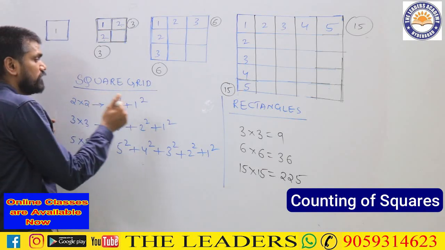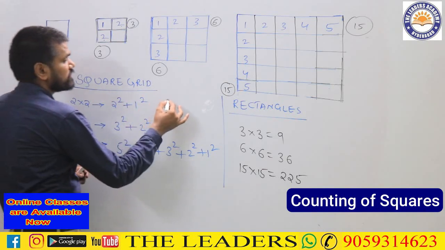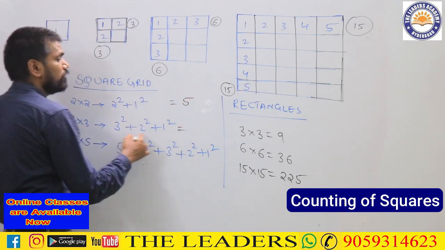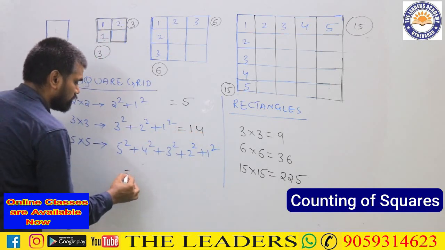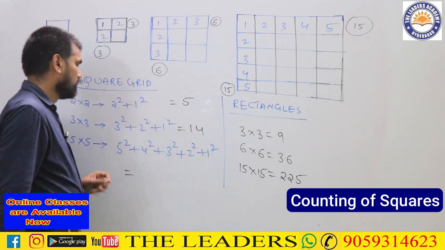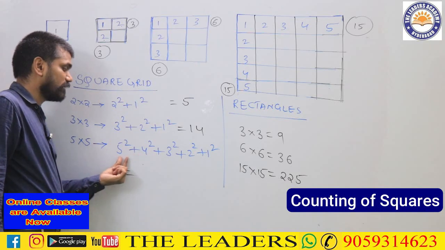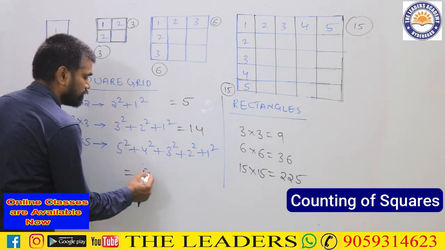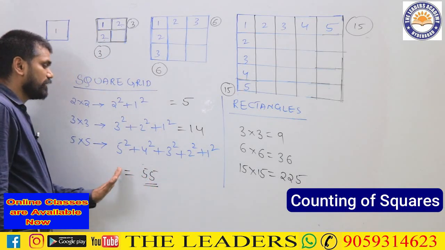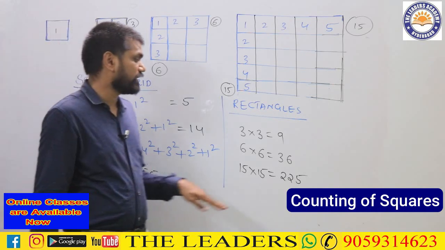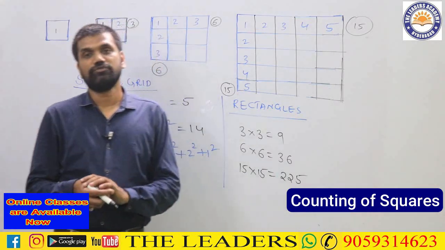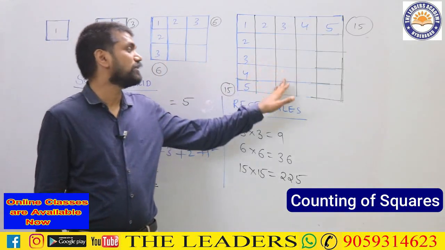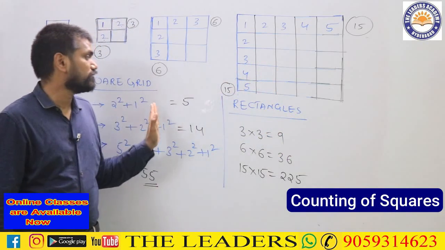If you count the number of squares over here, in this one the total number of squares are coming out to be how much? 4 plus 1, this is giving you 5. Here it is coming out to be 14. Here, if you are going by counting it, you can take it this way: 25 plus 16, 41 plus 9, 50 plus 4, 54 plus 1, 55. So total number of squares in this diagram are 55, whereas the number of rectangles are 225. That's why in any grid of this form, the number of rectangles will always be more than the number of squares in the diagram.